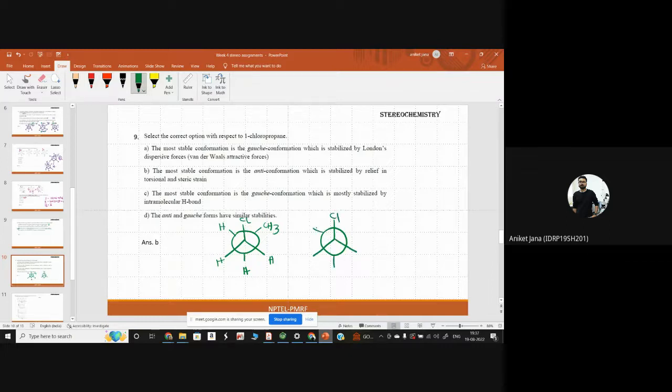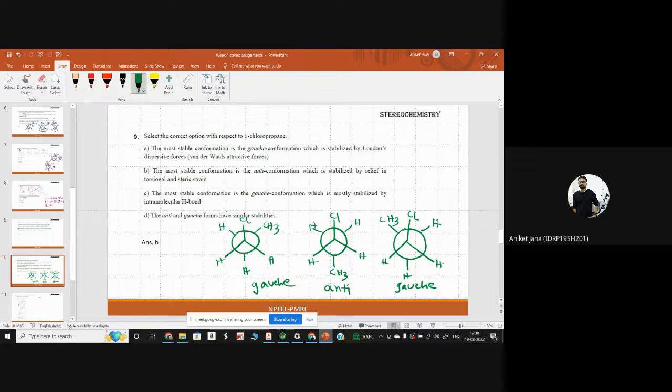Have I drawn the right structure? Is this okay? Yes, sir. So this is the anti one, right? The chlorine and the CH3 are opposite to each other, and this is gauche, and this is also gauche. Okay,